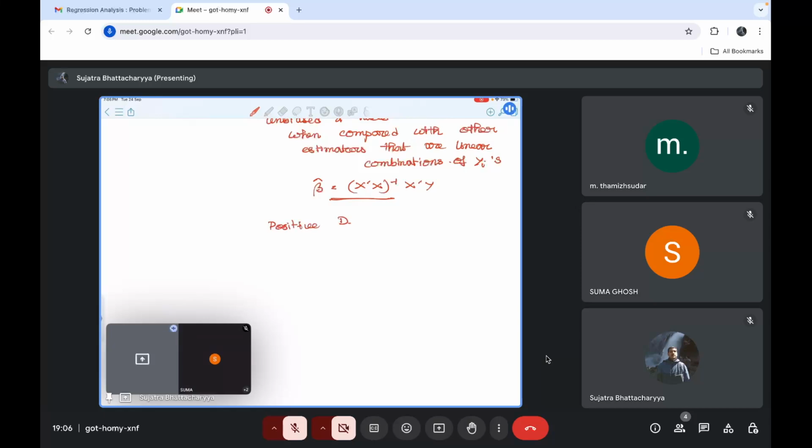Positive definite matrix. It is important to understand the properties, derivations, and all those things. So, positive definite matrix: suppose M is an n by n matrix. We call this a positive definite matrix